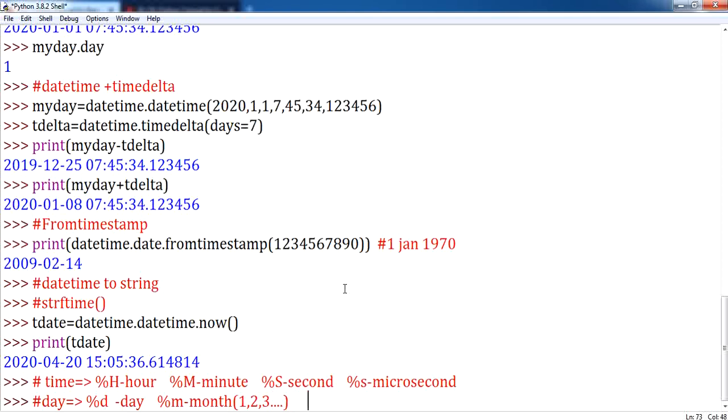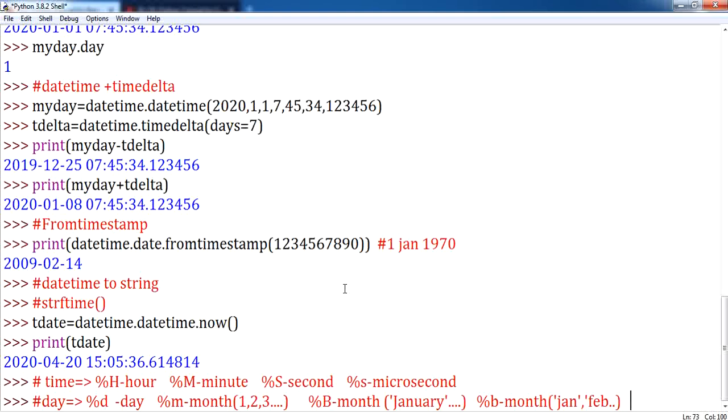And next one is percentage uppercase B. This percentage uppercase B is also for month, where we will have the month names such as January, February, and so on. Clear? And next we have one more access specifier, percentage lowercase b. This is also for month, where the month is given in short form, such as Jan, Feb.